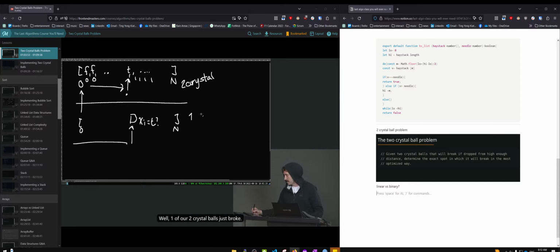Well, one of our two crystal balls just broke. And so what do we have to do with the remaining one? We have to linearly walk from our last known good point until we hit a bad point. And if we walk 1/2 of n,